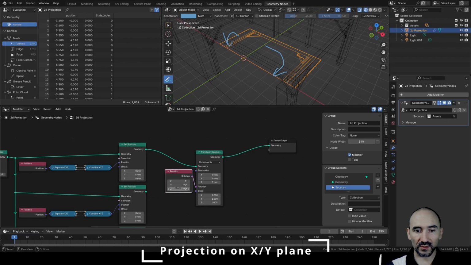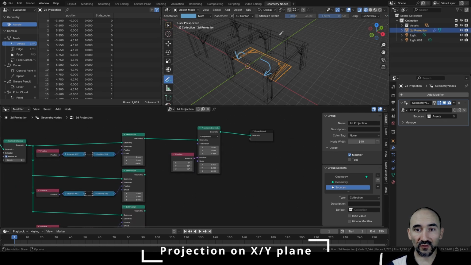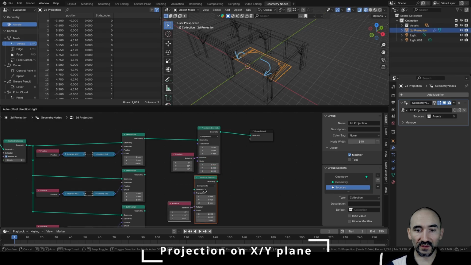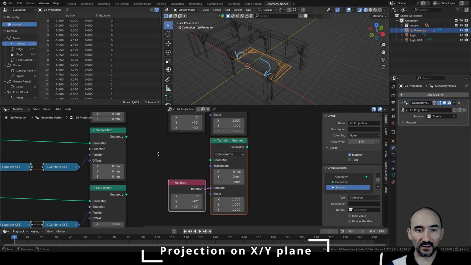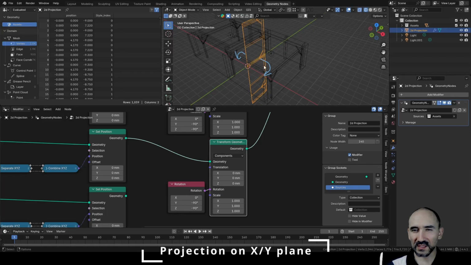Because if you set 0 and increase this value like this, you can see I want minus 90 degrees, and if I rotate the object like this, I need to set here minus 90 degrees, and voila, I have the right view. Now, to have the same for the other views, I need to take these nodes, Shift and Control. I need to link the front view, and if I press Control, Shift and click, you can see the rotation